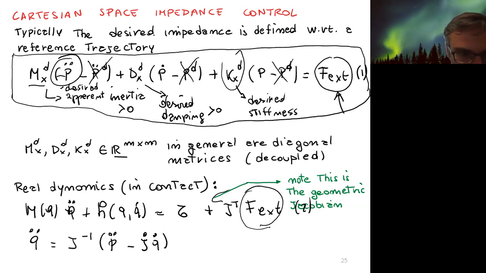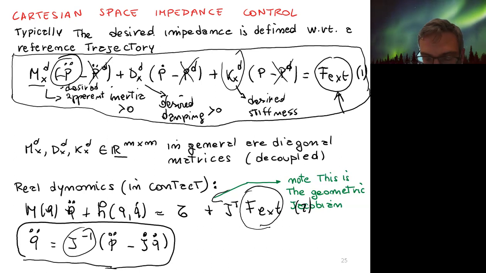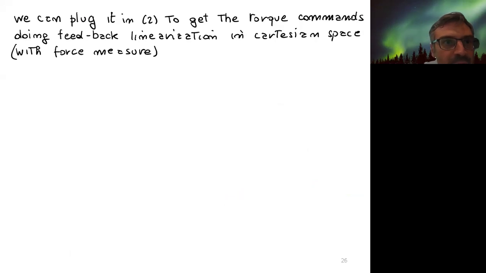Okay. We use the inverse of the Jacobian just to simplify, to start from the simple case of a non-redundant manipulator, but you know you can use the pseudo-inverse,